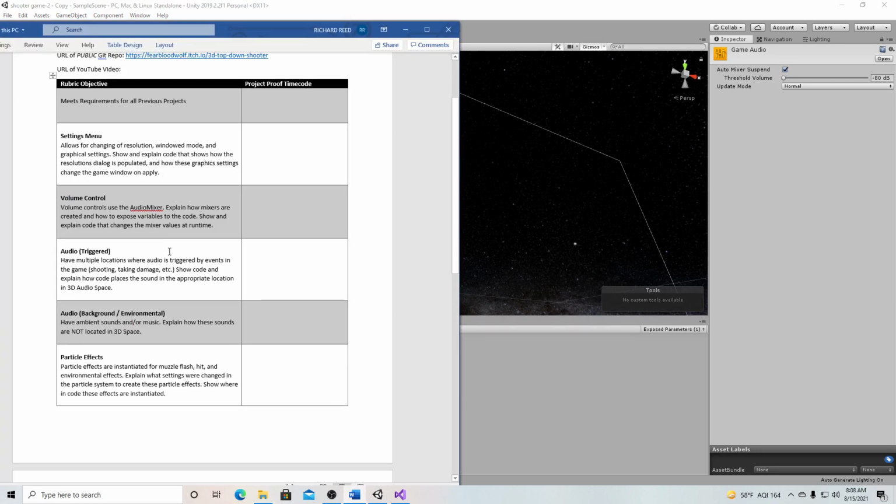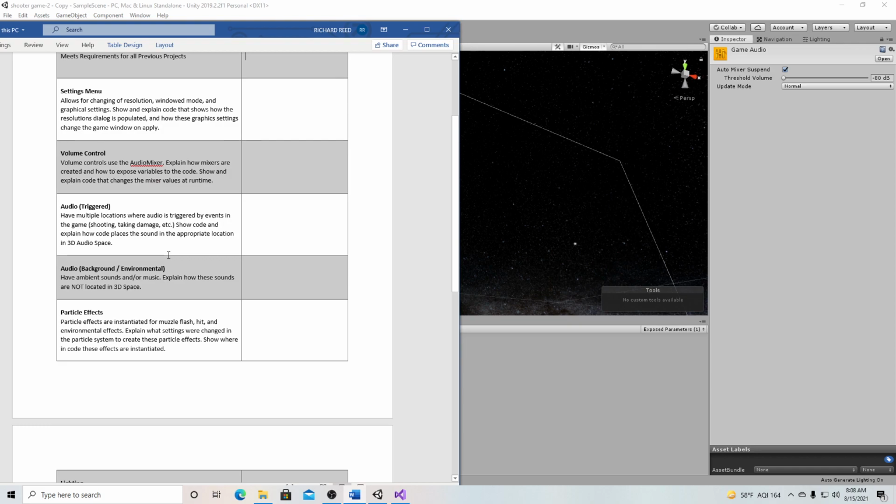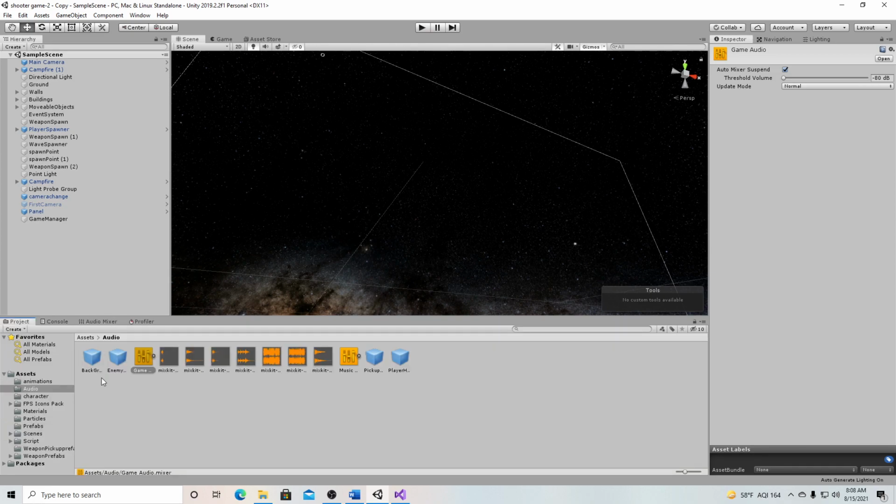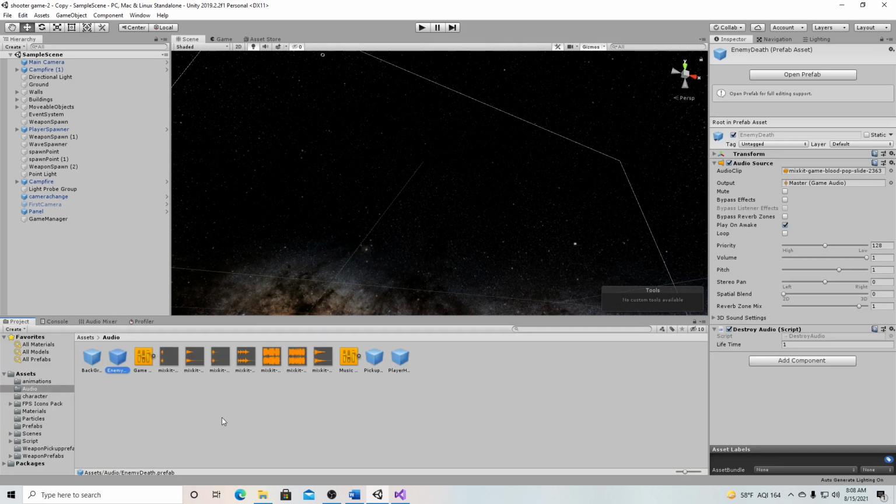So that's volume control. Audio triggered. I have multiple locations where audio is triggered by events in game, like shooting and taking damage, and I've shown the code where it's explained. It's a similar scenario: if the player is shooting the weapon, it will play a shooting sound effect. If the player gets hit, a sound effect will also play. Same with the enemy. As you can see, I have an enemy hit sound, or on death, player hit. I also have a pickup sound effect, and then I just have the background music